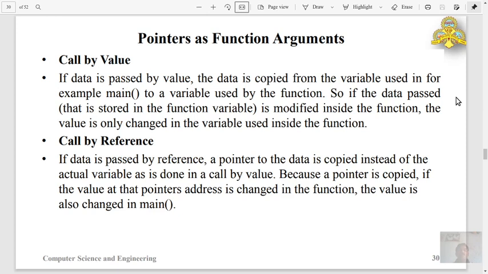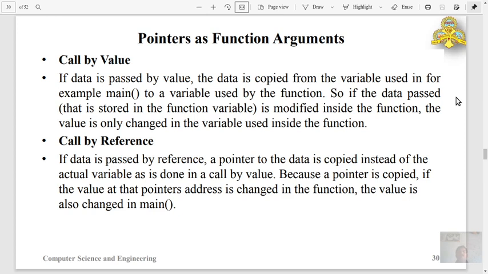In other words, if the function type is void, then it does not return any value, and if it returns a value, then we have to specify the type of the value that will be returned by the function in its prototype declaration.